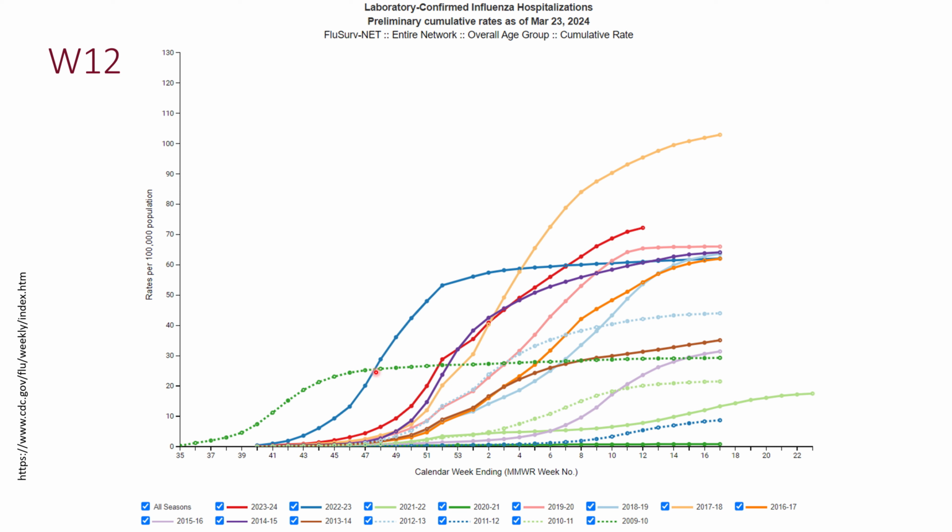And it didn't go on this graph. We're looking at the rate of hospitalization. On the x-axis, we're looking at different weeks throughout the flu season, and on the y-axis, we're looking at the rate of hospitalization due to the flu. And we are seeing that although the rate of hospitalization has been pretty high, it is not as high as the